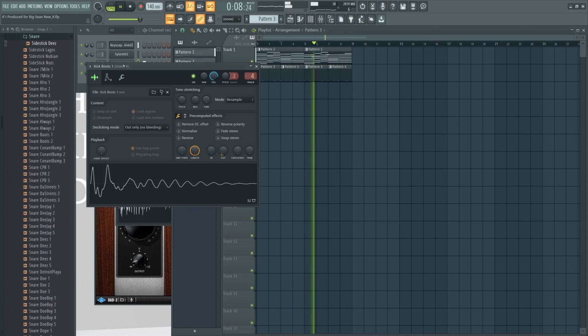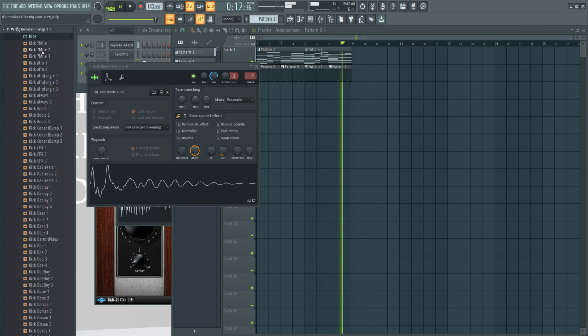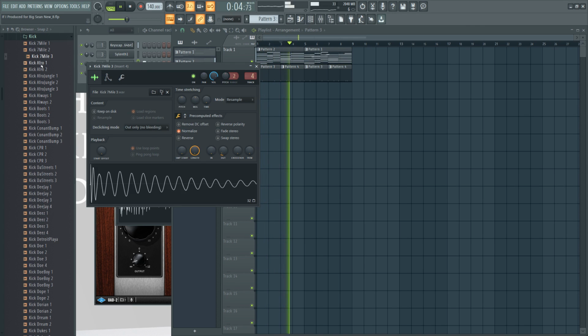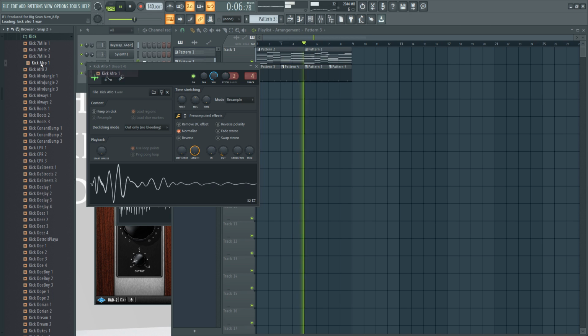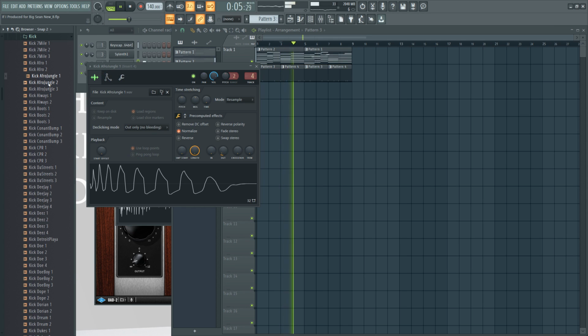Let's try different kicks. I'm going to go back to the kick folder, hit Control and left click to swap out the kick. Definitely not that one. That one's okay, it's just too wide. Definitely not that one.